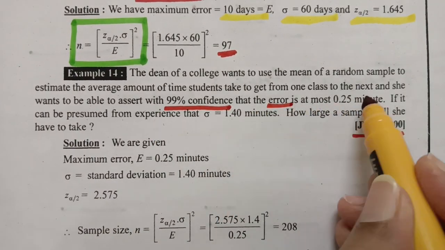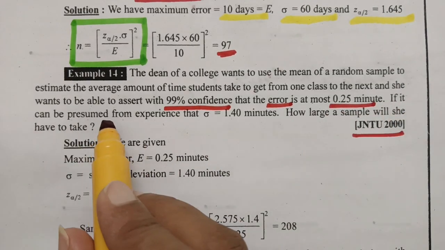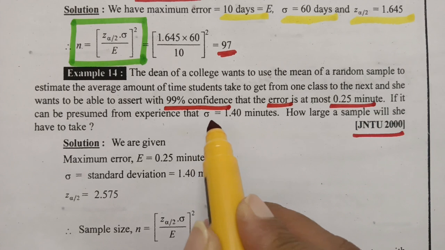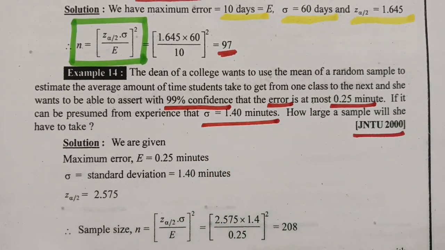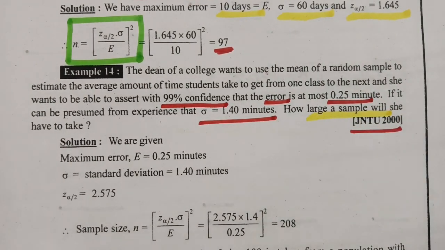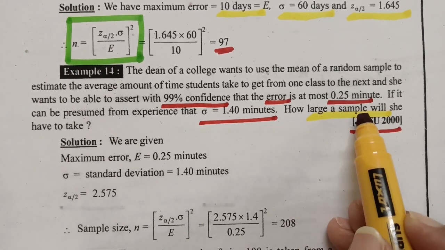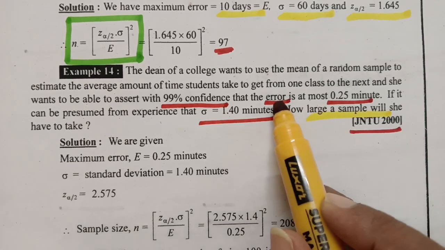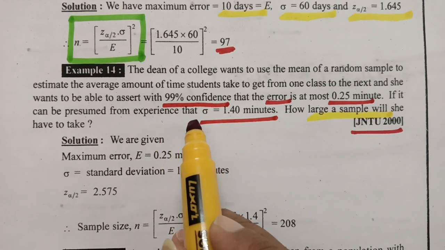The maximum error is given as 0.25 minutes. If it can be presumed that sigma is equal to 1.40 minutes, how large a sample will she have to take? This is asked: the sample size is asked, and the error E is given as 0.25, the confidence is 99%, and the sigma value is